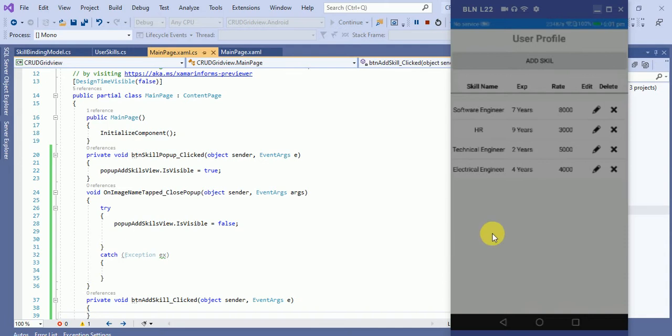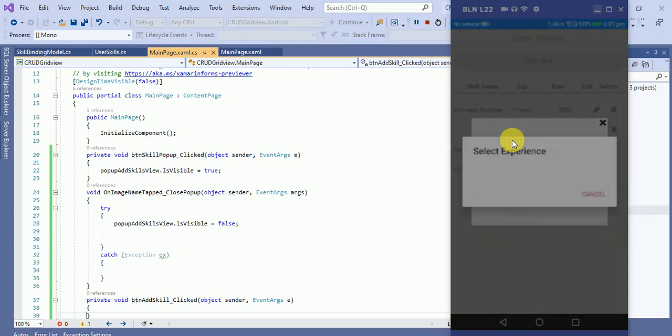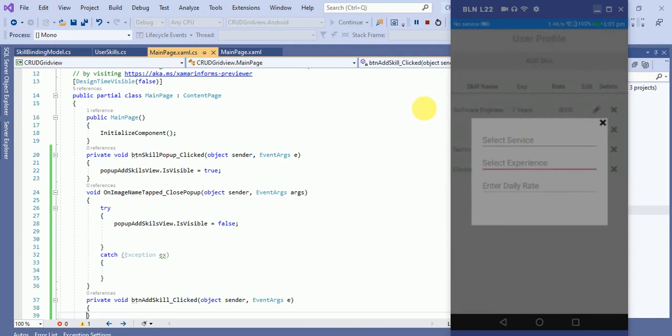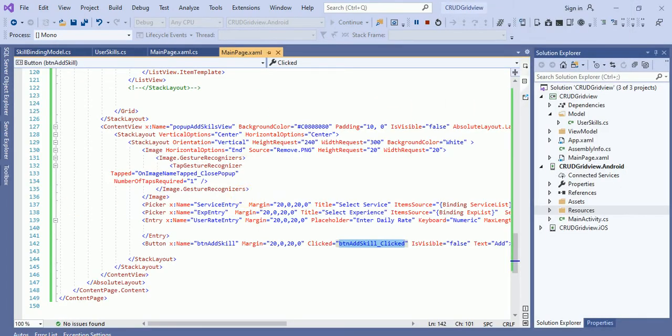Now run this application again and see the output. Here once you click on add skill, the pop-up is coming as expected, but in this pop-up we have not bound anything in the picker. So let's move to Visual Studio and bind this drop down.